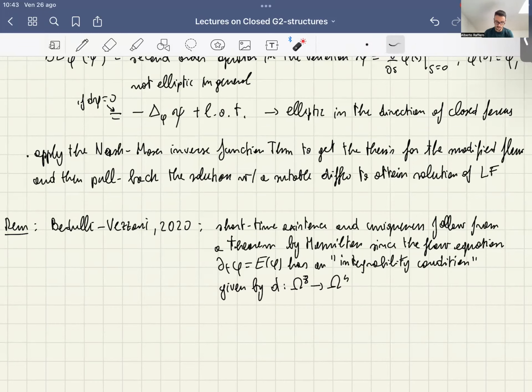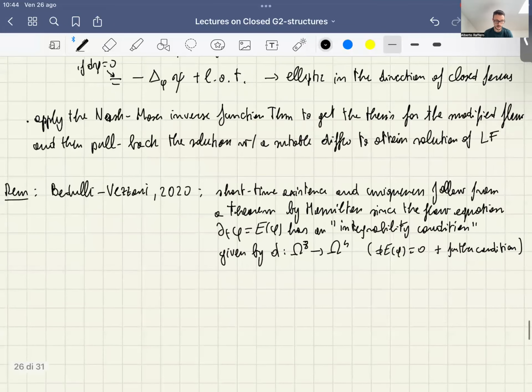And this can be stated in first observing that if you take the differential of the phi, then it is 0. And then all the eigenvalues of the spectrum of the linearization of this operator here, restricted to the kernel of the spectrum of this operator here, have positive real part. So this is what an integrability condition is, plus, let's say, for the condition that I just say in words, and that you can find in the paper if you're interested.